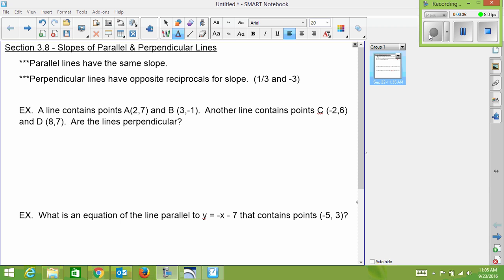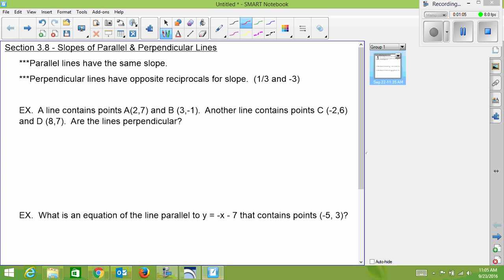So I just have a few examples here that we're going to go through. My first one is a line contains points A, which is (2, 7), and B, which is (3, -1). Another line contains points C, which is (-2, 6), and D, which is (8, 7). And they just want to know, are the lines perpendicular? So to be able to figure that out, I have to figure out what the slope of both of them are. So as we learned previously,